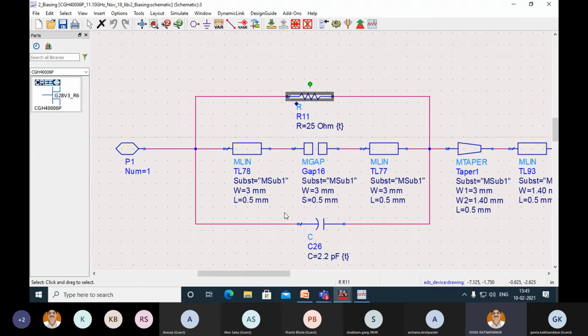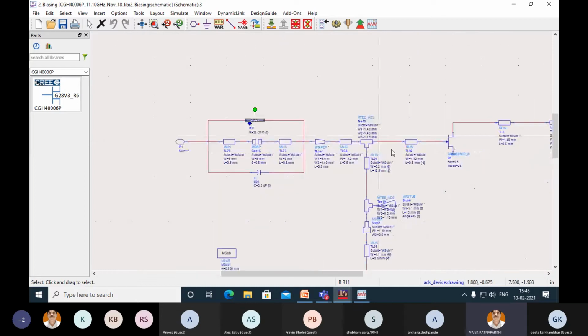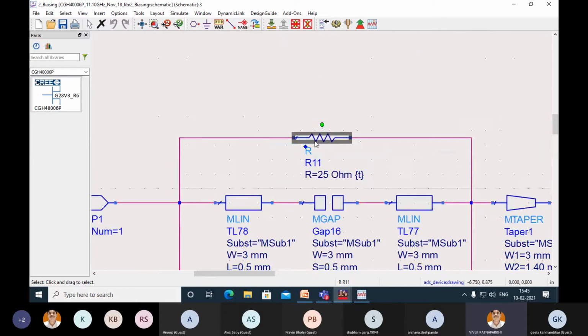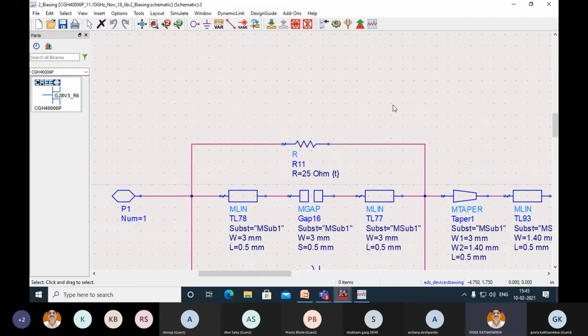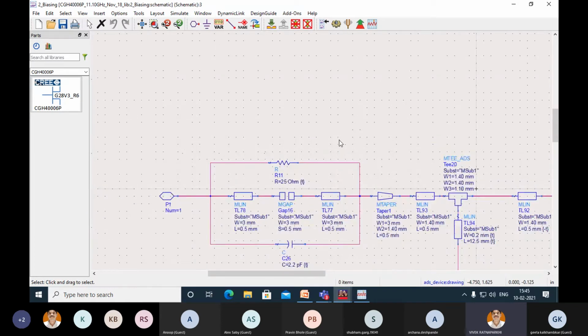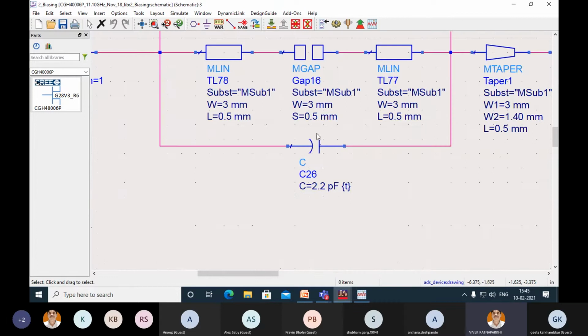So this is a kind of bandpass filter network. If you connect your resistor and capacitor in parallel, then when your desired RF frequency comes, it will see very minimum attenuation during its flow towards the gate. Otherwise, although this resistor is going to improve the stability, it will result in a reduction in gain. So we have to counter that with the help of this capacitor.